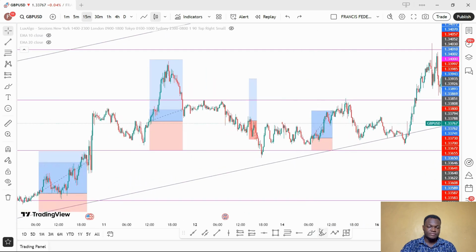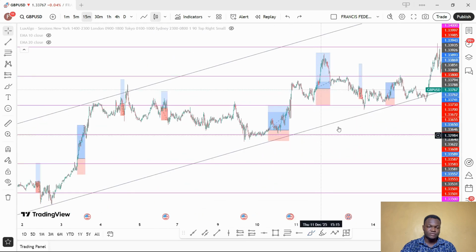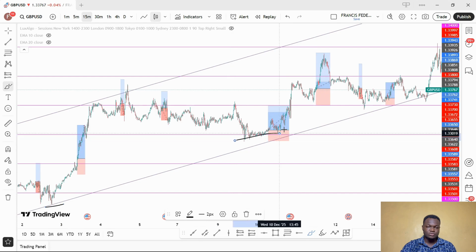So the first trade I took this week, this was Monday, right? Yes, this was Monday. The reason why I took this trade was because, first of all, this channel you see here was cutting from this low through this low, and then it met with this low right here. So with that,